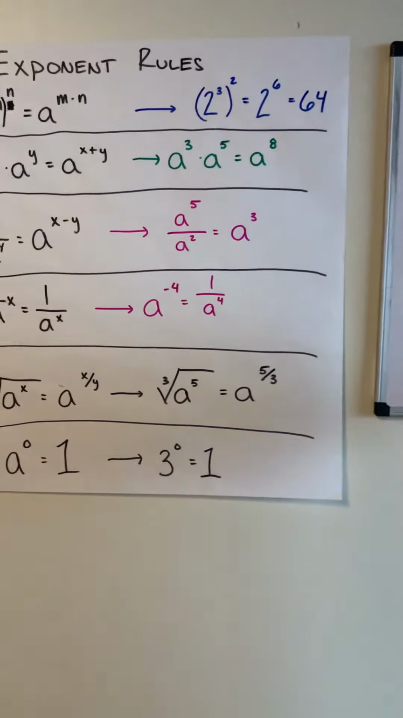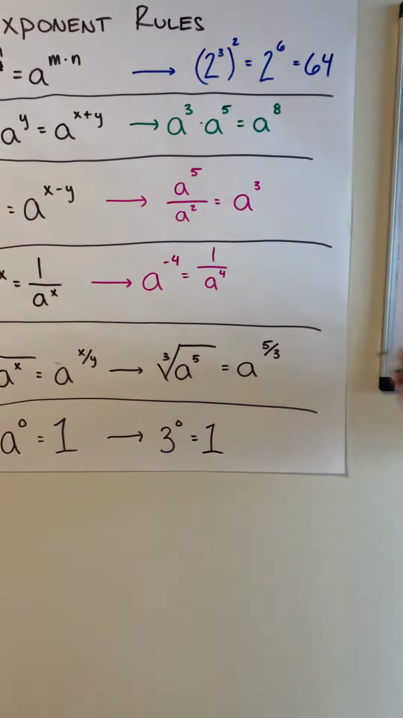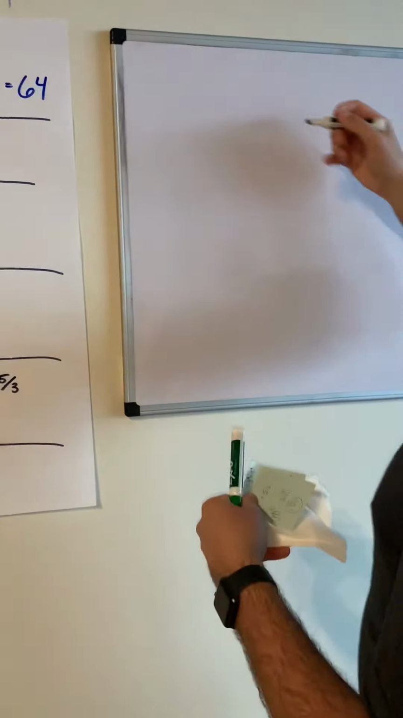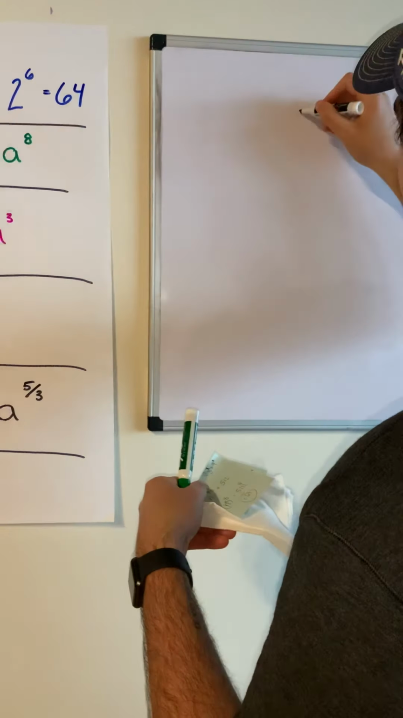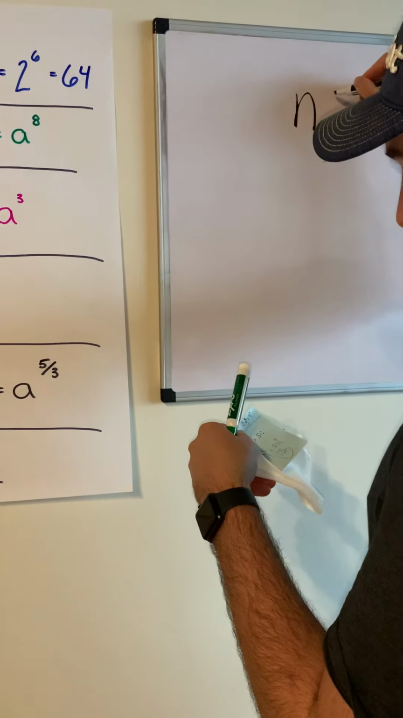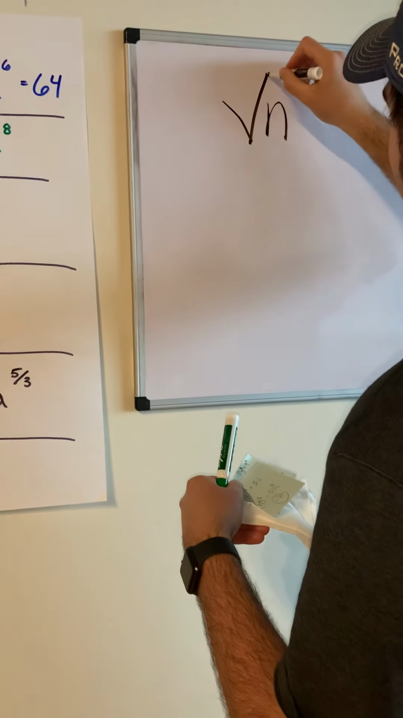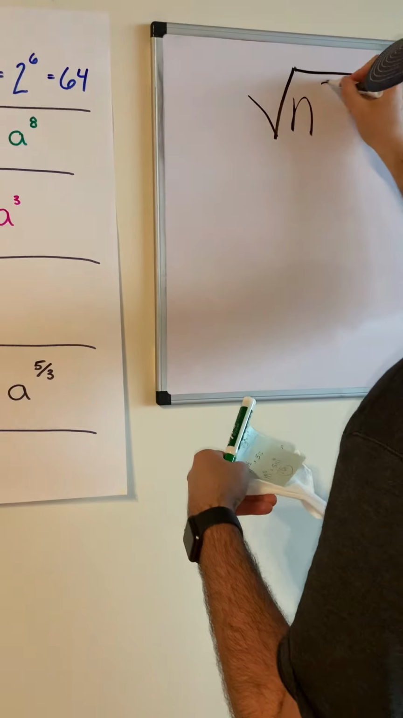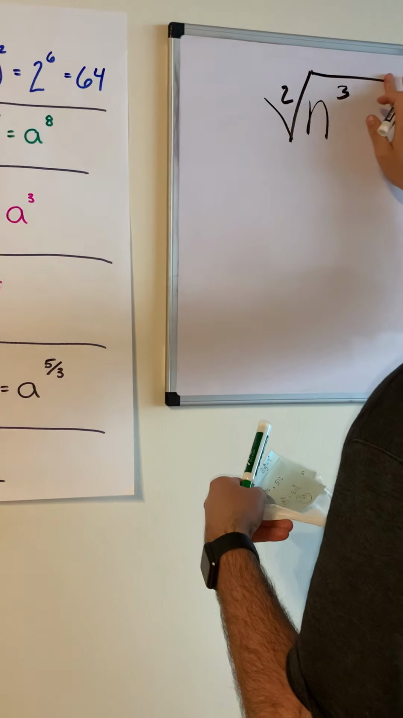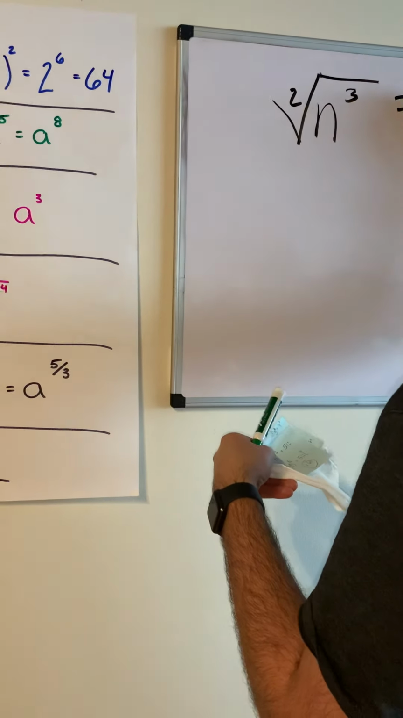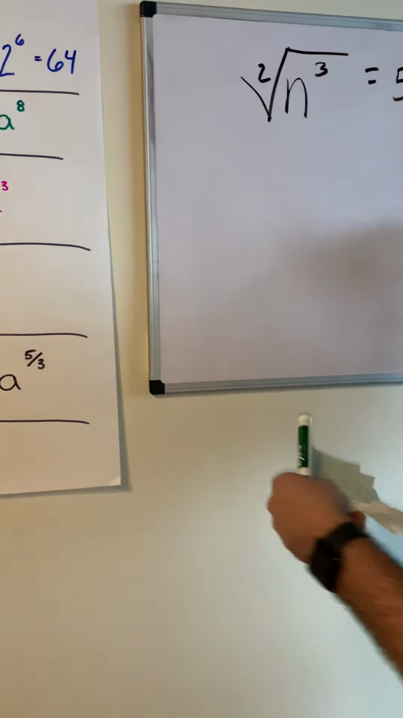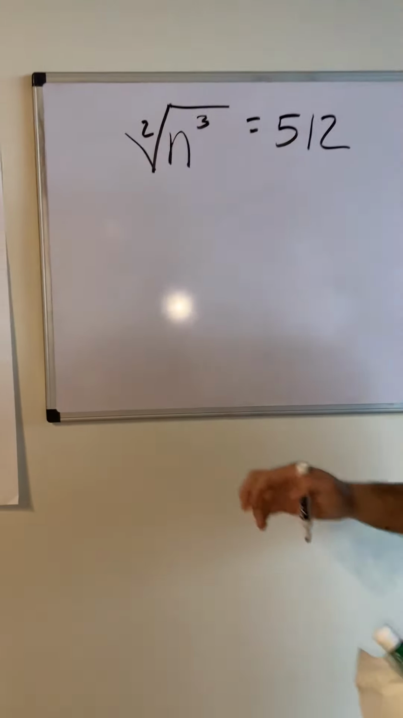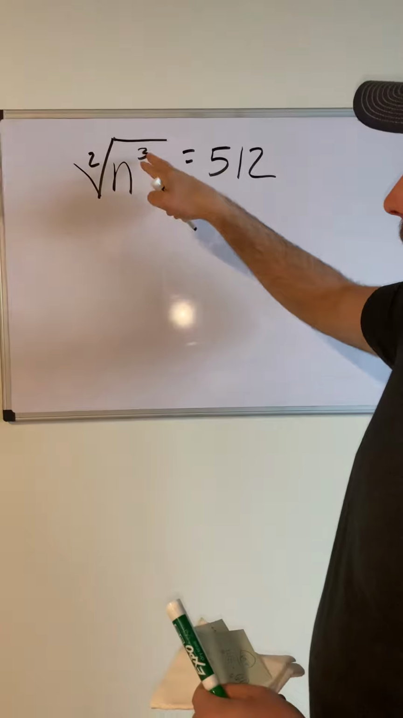Okay, the next one is if we have a fractional exponent. So let's move over here. This one is actually pretty easy. So I have the square root of n cubed equals